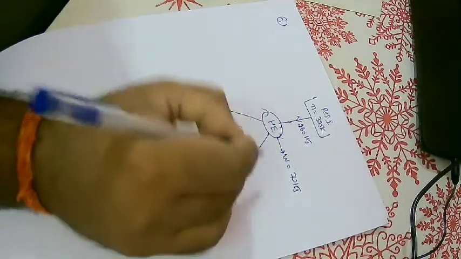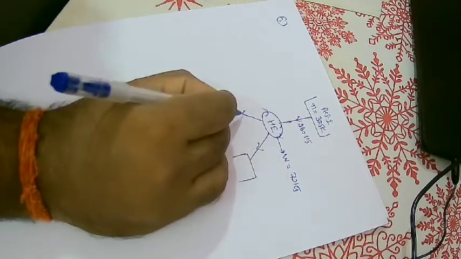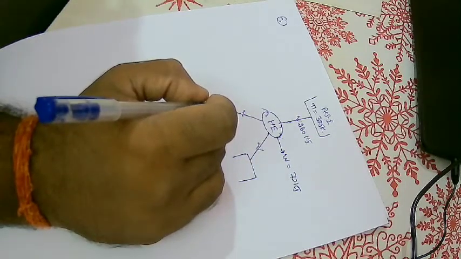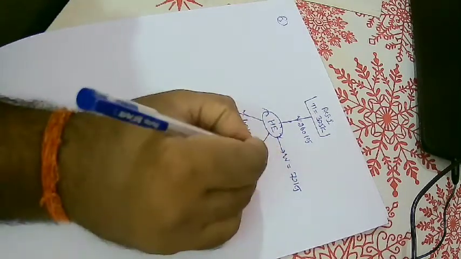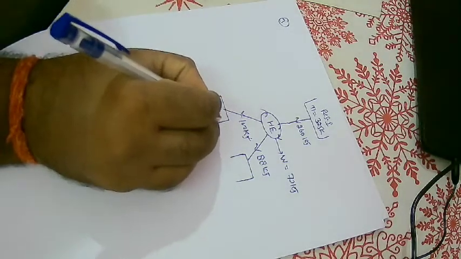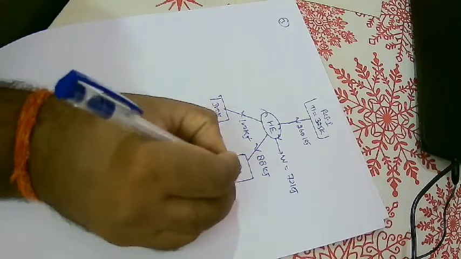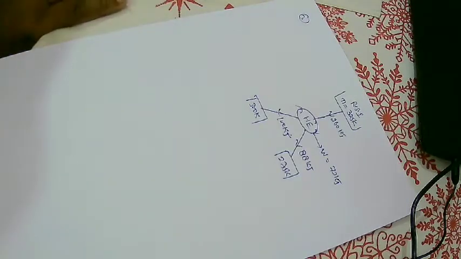He also states that he rejects heat to two reservoirs. So heat is going from here and from here, one reservoir here, another reservoir here. One reservoir it rejects 100 kilojoule, so you can put 100 kilojoule this side, and 88 kilojoule it's rejecting this side, right. 27 degrees and 2 degrees, convert that into Kelvin: 300 Kelvin and 275 Kelvin. So this is the case, and now we need to find out whether the given claim is correct or not. So we need to prove this.